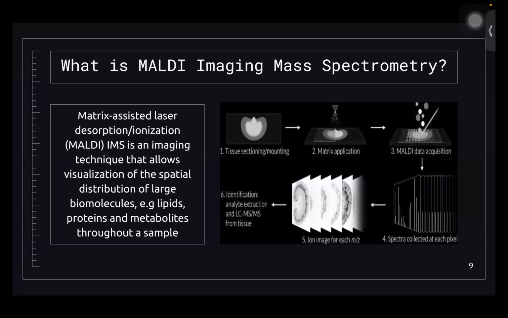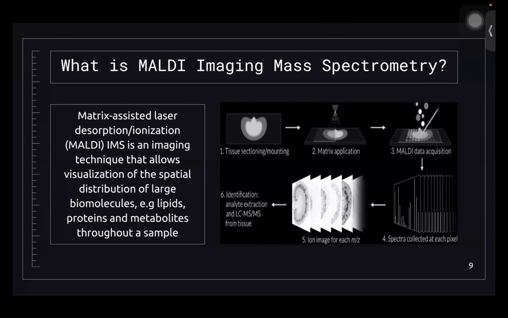So someone here had spoken with the kidney and how they section it. It's almost similar to how they section the pancreas. So I get a little block, and then I cryosection that into a very tiny piece, about 10 micrometers thick. And then I mount that on a slide, and then I apply a matrix, or like